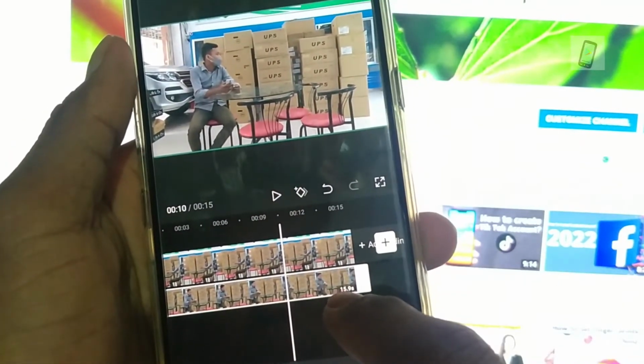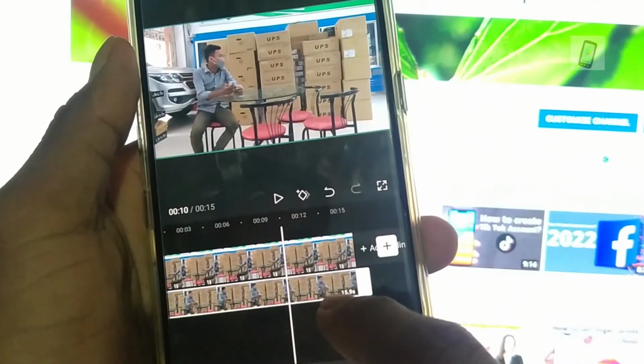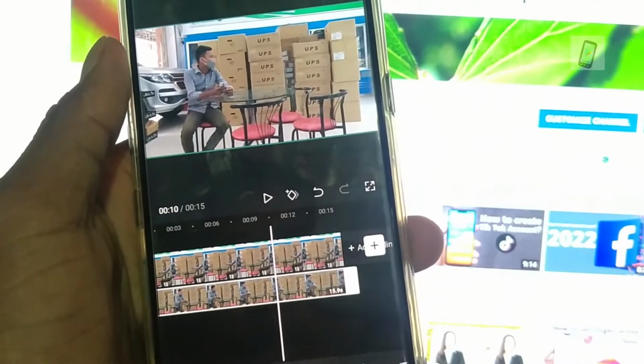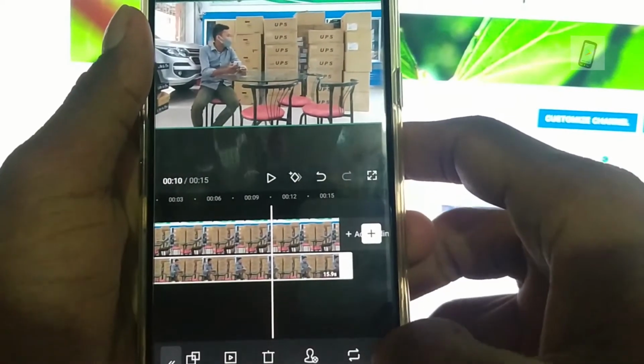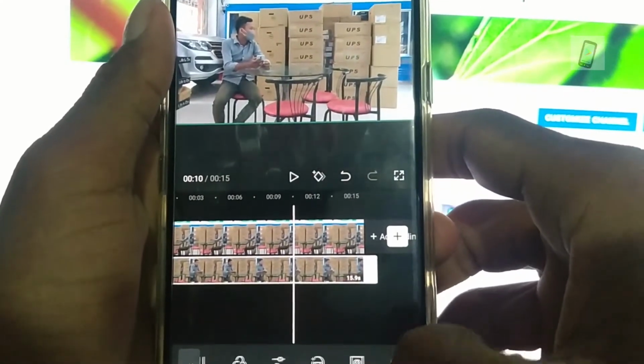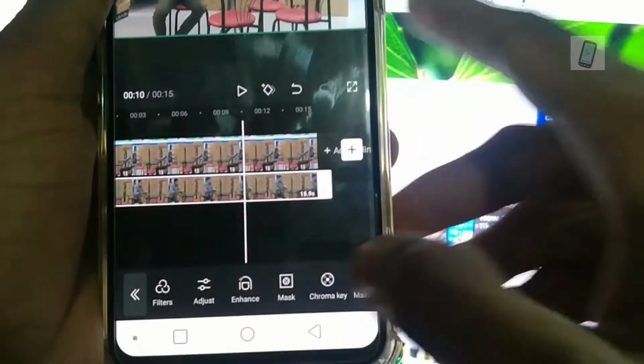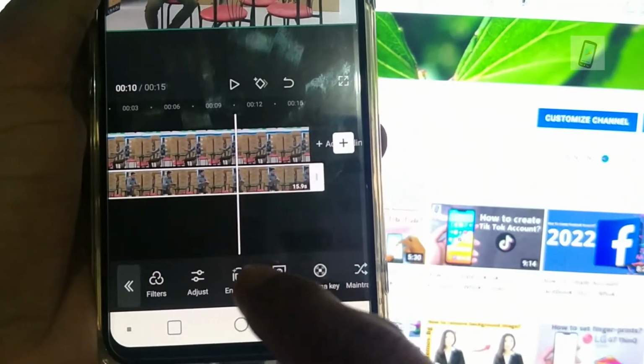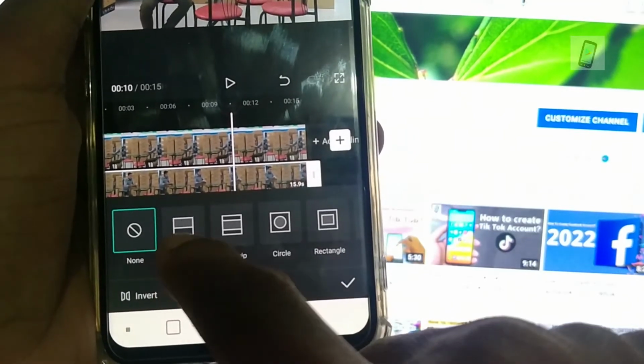Now I select the video below and move in, choose mask. You can see this mask. Okay, I choose this one, split,